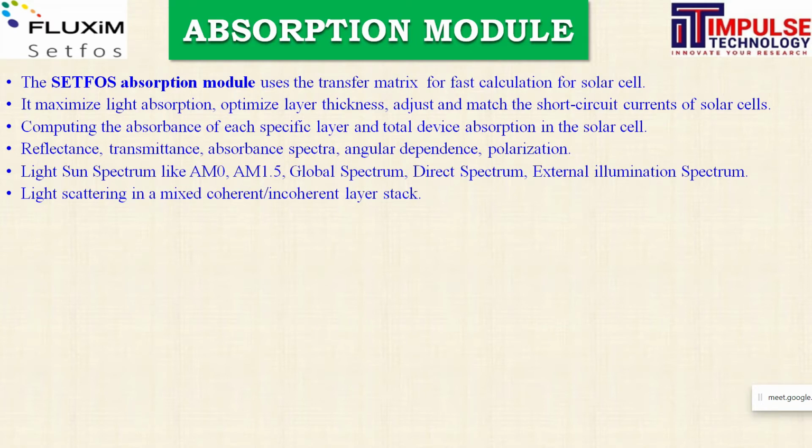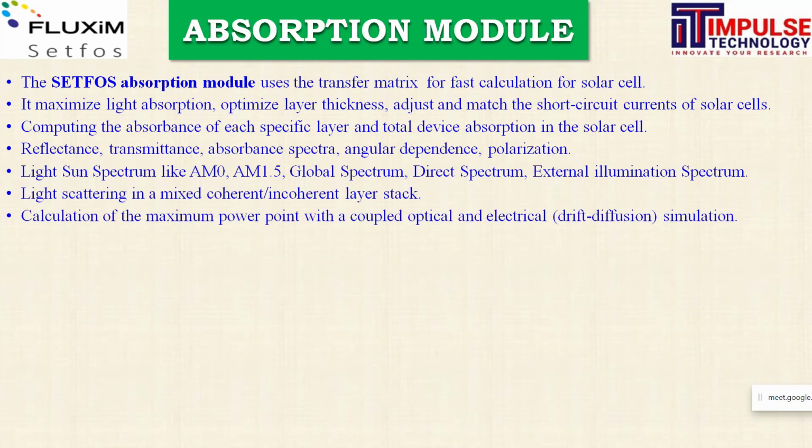So in the upcoming slides, you will also see a feature showing the realistic conditions spectrum. Suppose at IIT Madras or any location, from 10th September to 15th September, and from 3 p.m. to 6 p.m., you would like to check how much the light will get absorbed by your solar cells. Then you can set the latitude, longitude and geographic location, and that spectrum can be used under those realistic conditions.